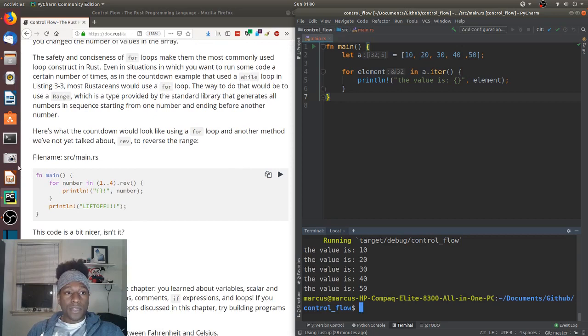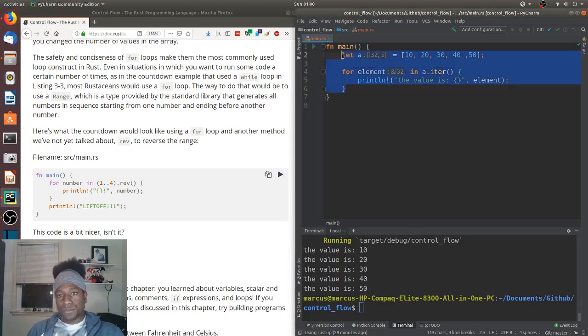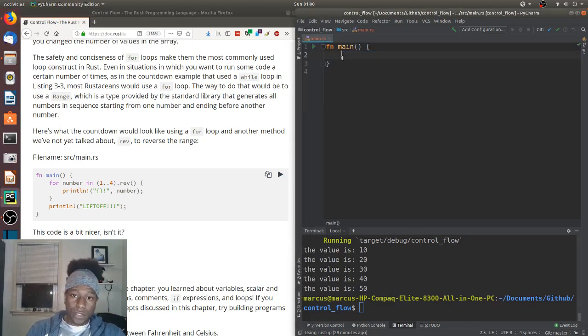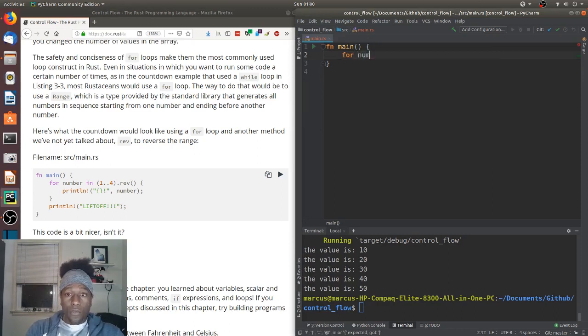Alright, so they summarize everything I said up there, so we're going to skip that. And then we're going to go to this other way of writing the countdown. So here's what the countdown would look like using a for loop and another method we have not talked about yet called rev, to reverse the range. So the countdown that we wrote earlier was 3, 2, 1, liftoff, right? So what they're saying here is we could just do all of that in a for loop for the most part. For number